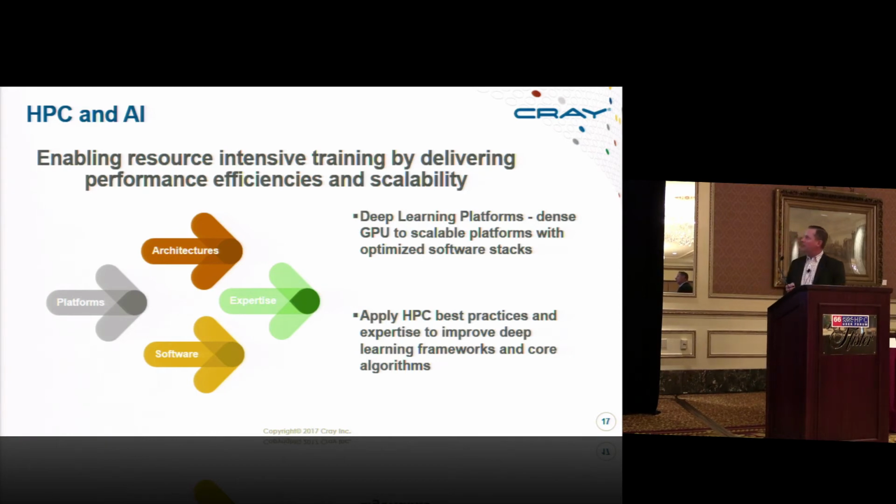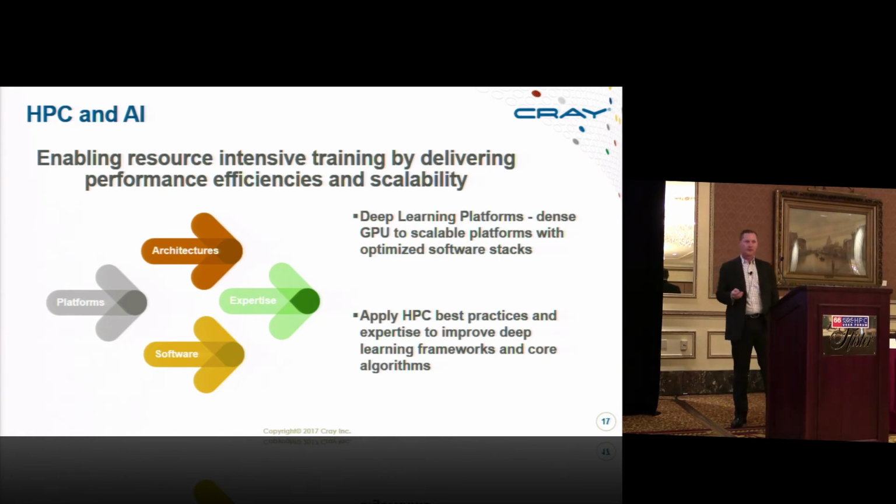So really, we're seeing a lot of deep learning platforms that are dense GPUs. I know Intel's got a big push into this space as well. I think the real key takeaway here, though, is that when we talk about the ecosystem, there's a number of ETL functions that still need to occur. There's a bunch of analytics functions and machine learning functions that still need to occur. So it's not one dense GPU system that you buy that handles all of these things for you. So in context, it's an architecture, but it's ideally tuned for the problem space that you're solving for, the size of the data sets, and training data.